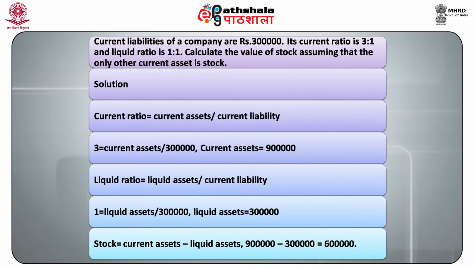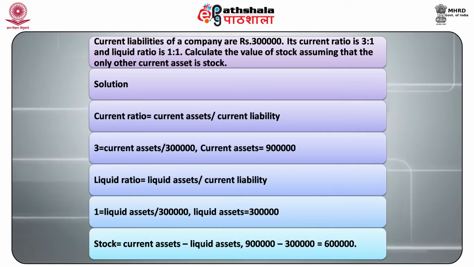Current liabilities of a company are rupees 3 lakh. Its current ratio is 3:1 and liquid ratio is 1:1. Calculate the value of stock assuming that the only other current asset is stock. The solution. Current ratio is given by current assets divided by current liability, which is 3 equal to current assets divided by 3 lakh. The current assets is 9 lakh rupees. The liquid ratio, which is 1:1, is given by liquid assets divided by current liability. Therefore, 1 equal to liquid assets divided by 3 lakh. The liquid assets are 3 lakh rupees. Stock is equal to current asset minus liquid assets, which is 9 lakh minus 3 lakh, which is 6 lakh